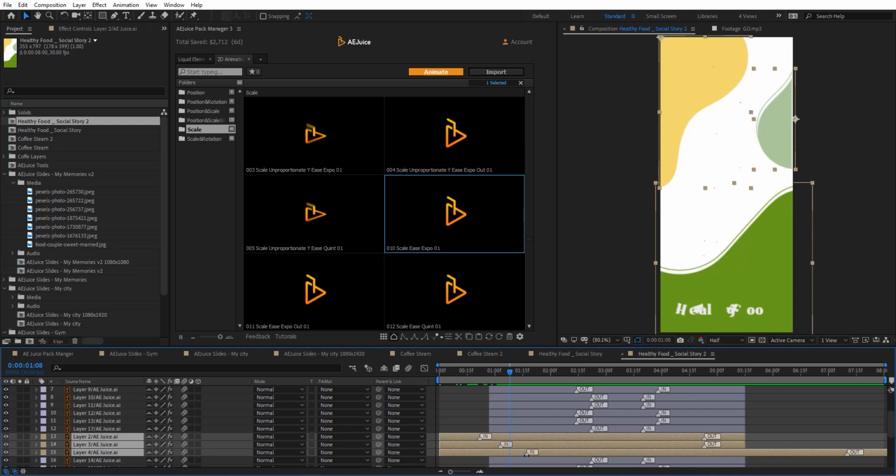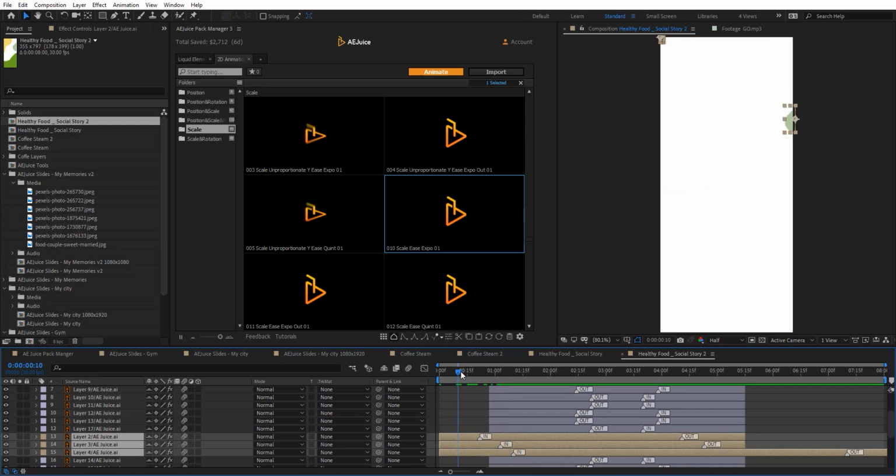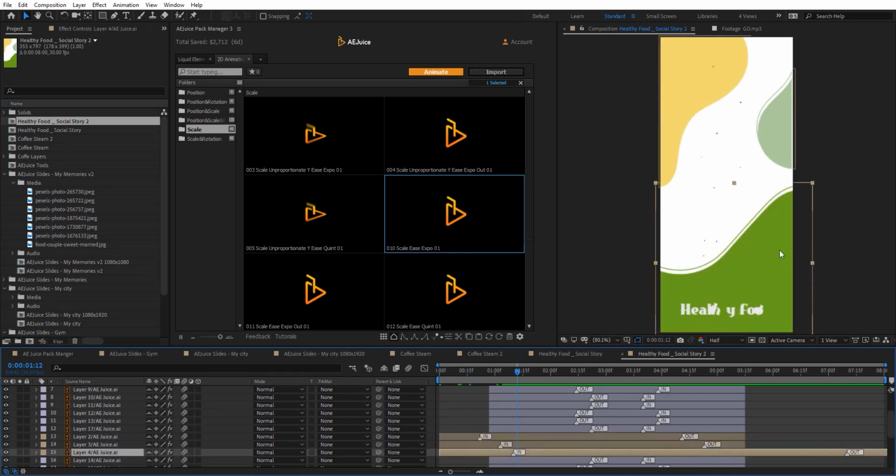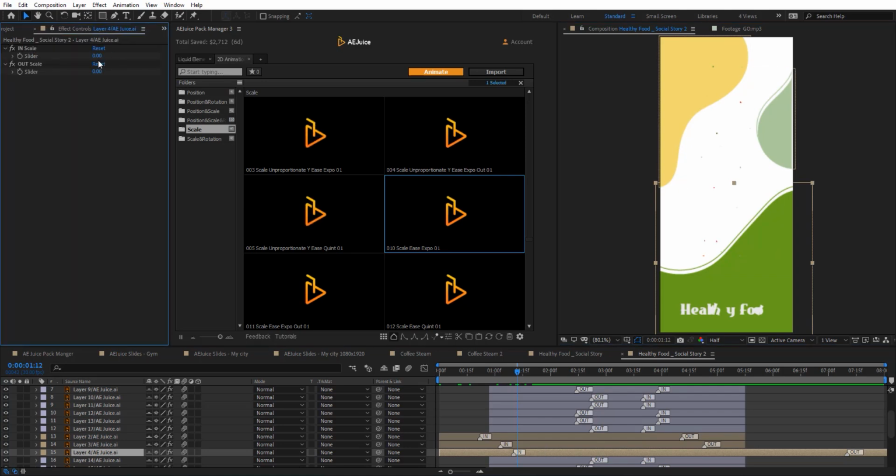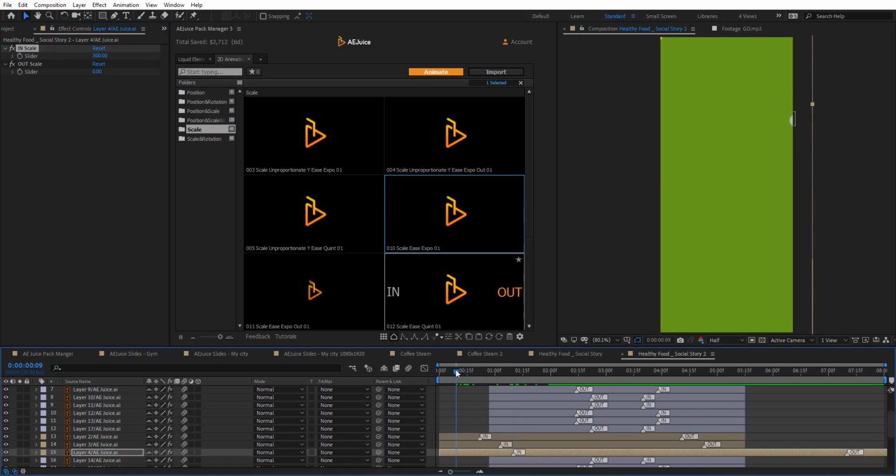Let's randomize the ins and outs here. Let's say for the first one, this green one here, I want it to start really big. So 300 right here, as you see.